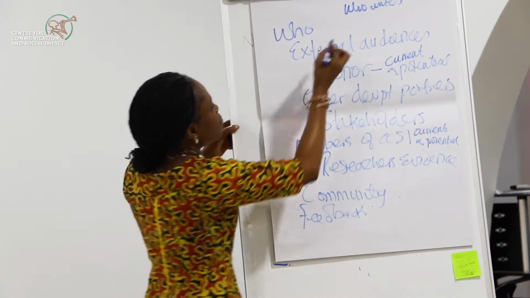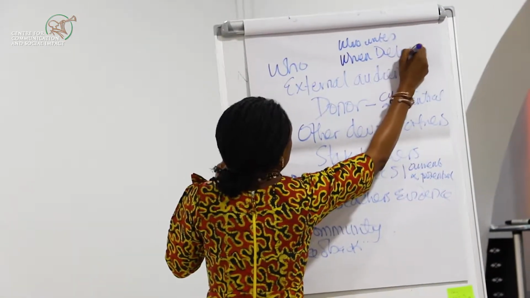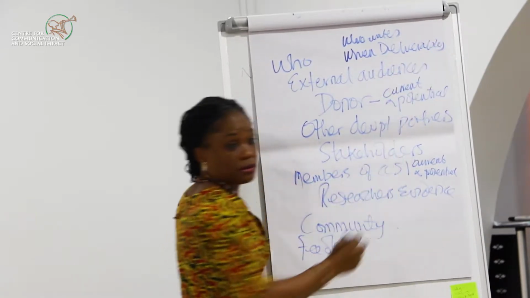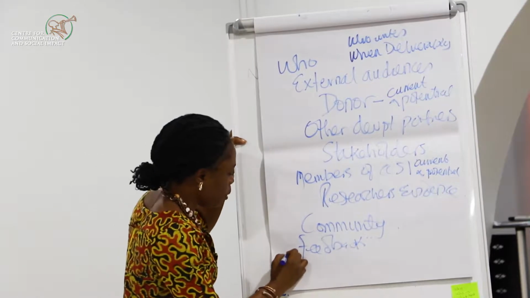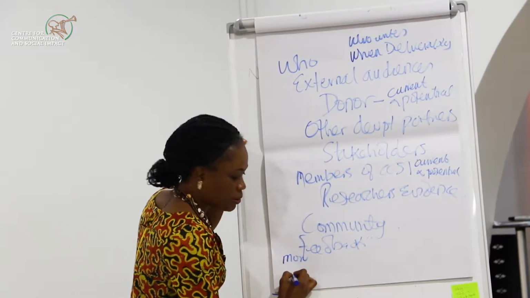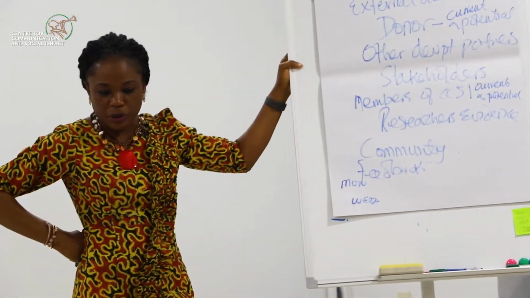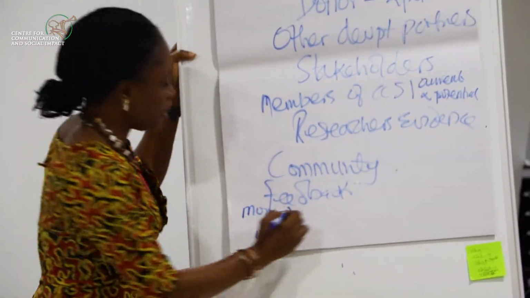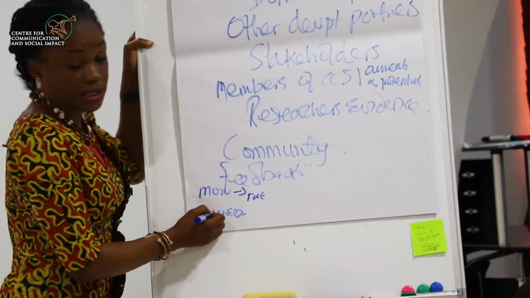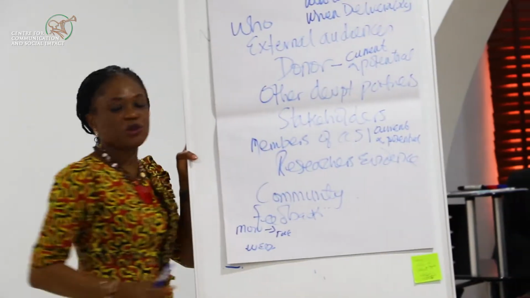So as you are identifying who is writing, you identify when your deliverable is due. So if, for instance, you have only 2 days, I know we do a lot of fire brigade activities. So let's say we do our activity on Monday, and we need to send the report back to NI on Wednesday. When should your first draft report be ready? Monday. And then the internal reviews when? Tuesday, and then the sign off hopefully Wednesday morning, and then it goes. Now, in designating who, we have to be sure of the skill.